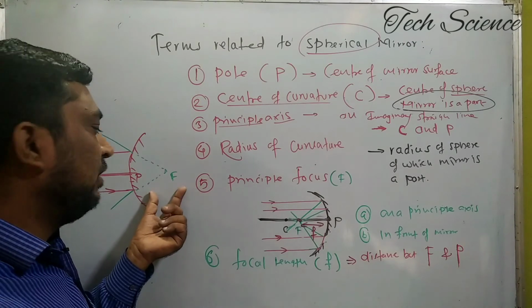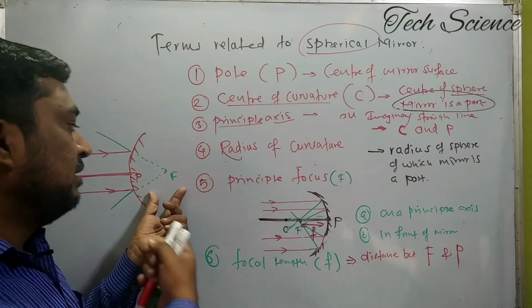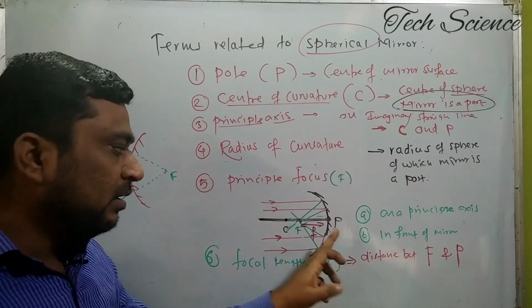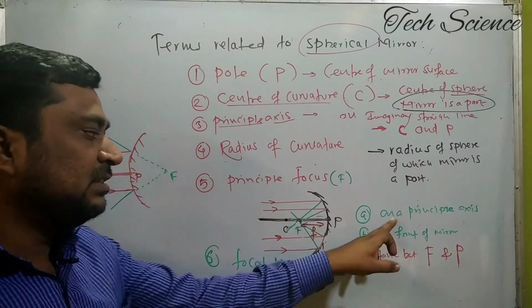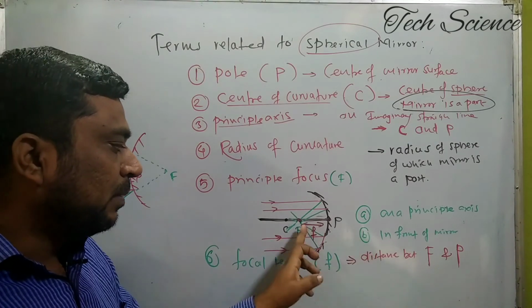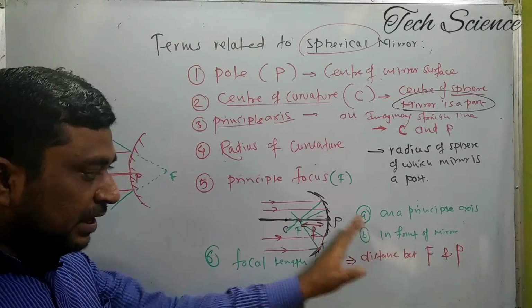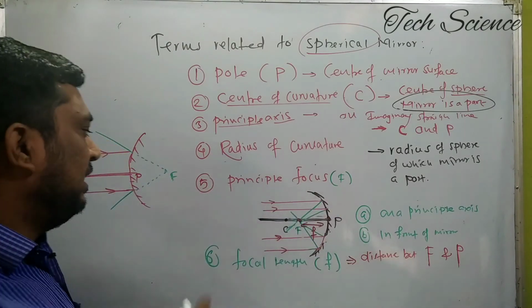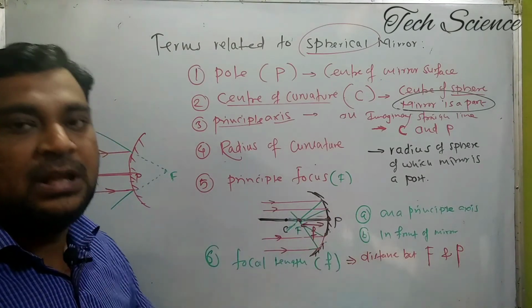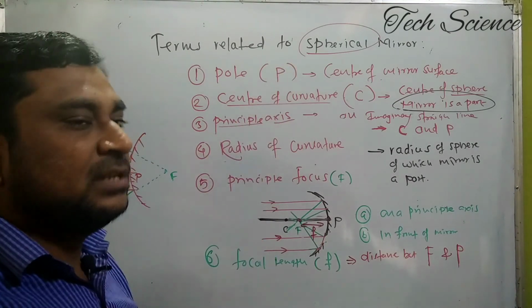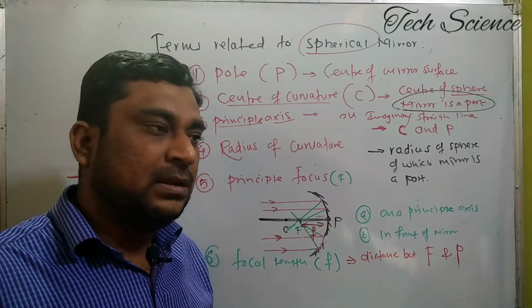That is what we call the virtual image. This concept is concerned with that. So in the concave mirror, they meet on the principal axis, and the same is true for the convex mirror. But in the case of a concave mirror, the principal focus is in front of the mirror, while in a convex mirror it is behind the mirror. That is imaginary, whereas the other is real. That is the difference between these two. So these are the 6 terms related to spherical mirrors.